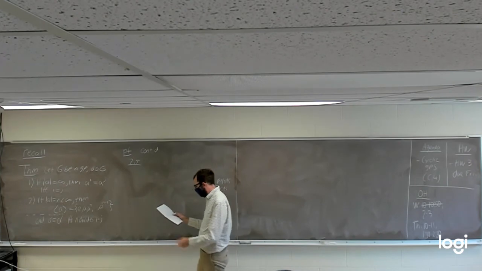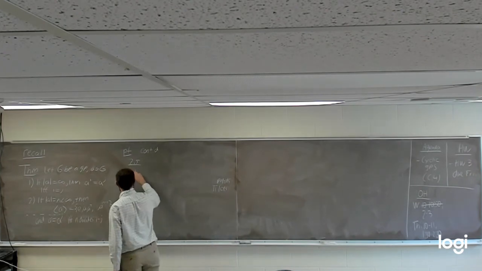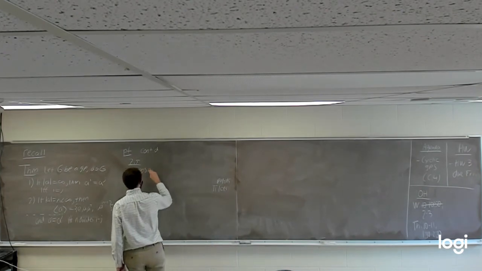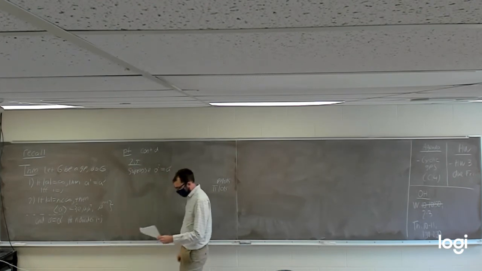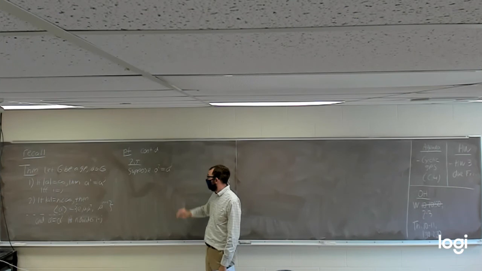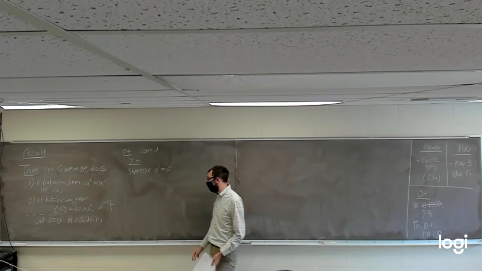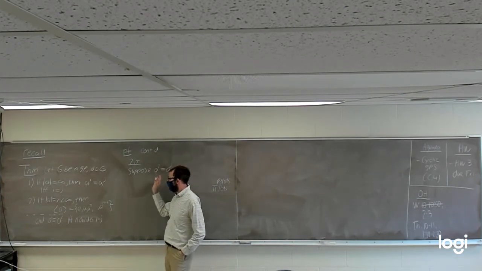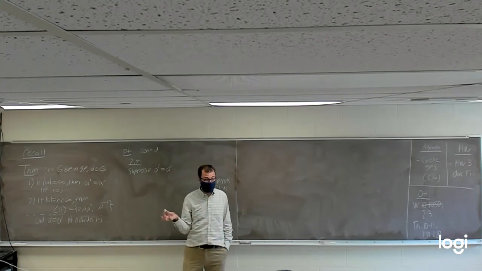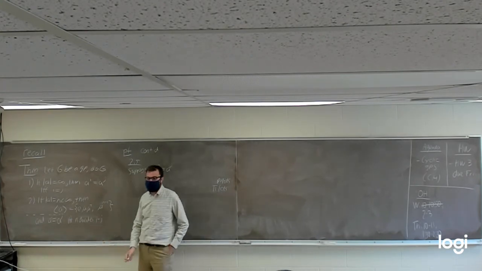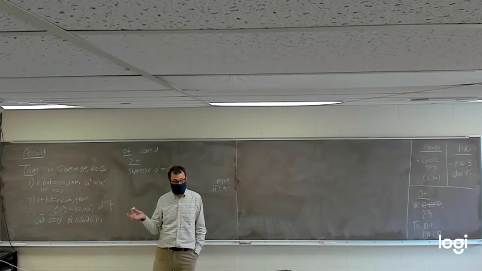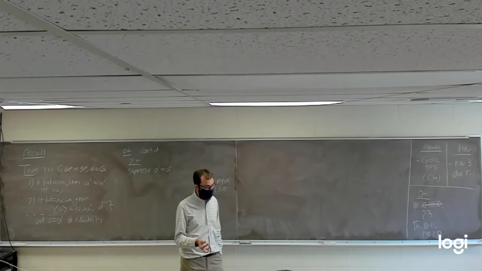So the first part I want to prove, I'm going to do the hard one first. We're going to suppose that a to the i is equal to a to the j. Our goal is to show that with this assumption, if we have two powers of a that are equal to each other, then i minus j has to be a multiple of n, a multiple of the order of the element